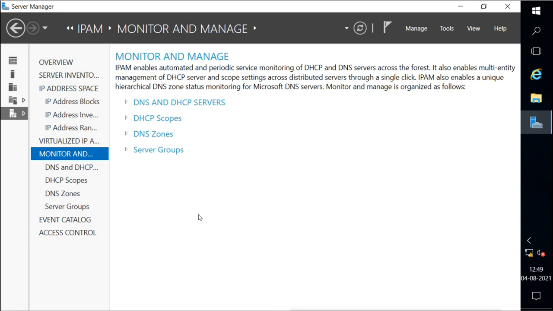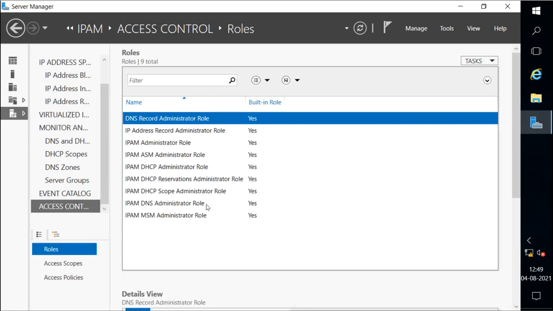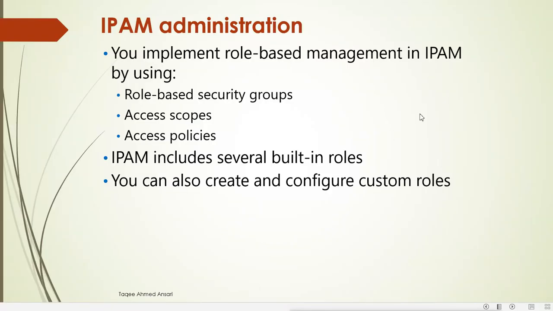Then we can create the access control also. What will this access control do? It will give access to different users for managing this IPAM server. These access controls are for managing or administrating the IPAM server.